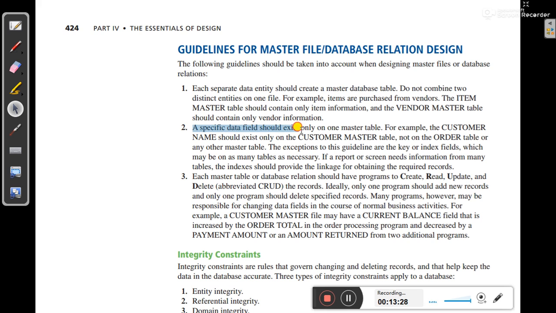A specific data field should exist in only one master table. So any specific data field should exist in only one master table. For example, customer name should exist only on the customer master table, not on the order table or any other master table. The exceptions to these guidelines are the key or index fields, which may be on as many tables as necessary. So there are some exceptions. Here it is saying that a specific data field should exist in only one master table. For example, customer name should exist only on the customer master table, not on the order table, but